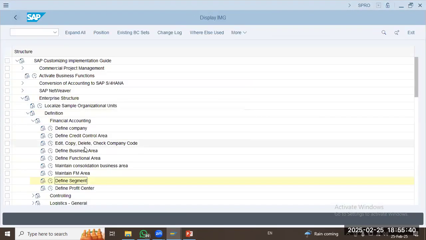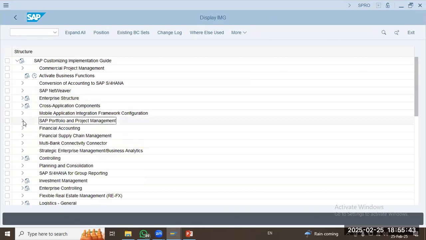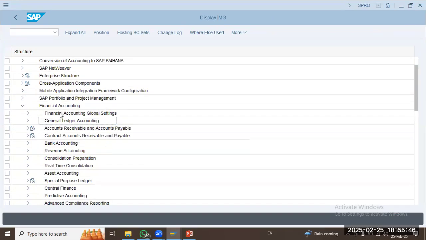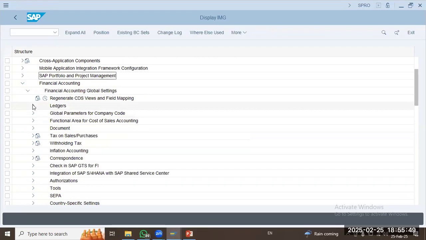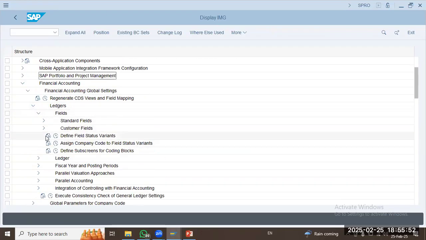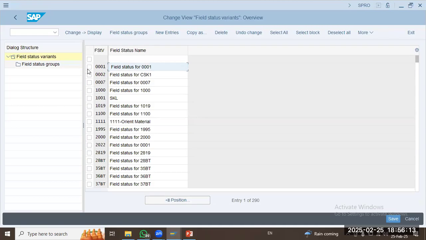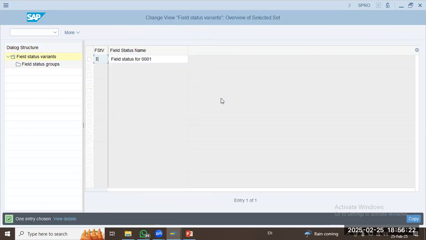Next is field status variants, another important step. We'll discuss what this is in the next class, but right now we'll just create it. Financial accounting, global settings, ledgers, fields, field status variants. What are field status variants? These are controls for controlling your financial entries with regards to the fields in a GL account. 0001 is your default field status group, and we can copy as IMCO,